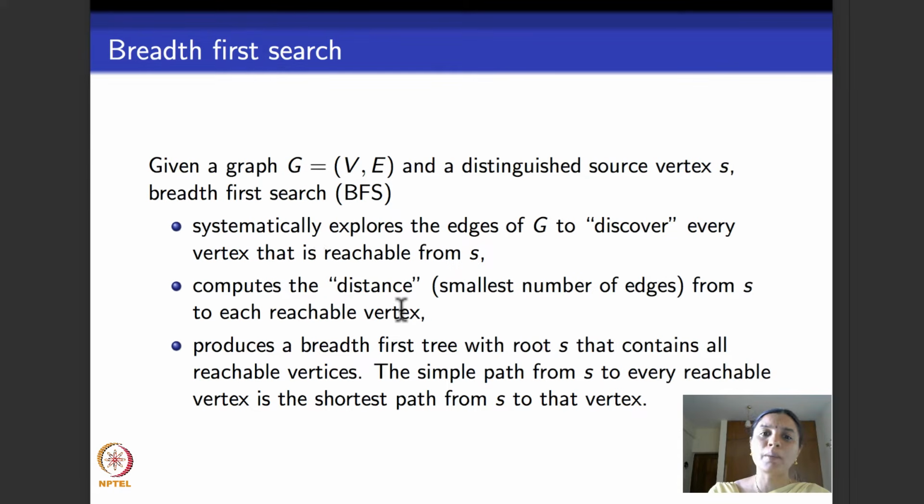Breadth first search also computes the distance. It so happens that breadth first search computes the smallest distance, or the shortest distance. We'll see what that is in a little while. Once you explore a graph using breadth first search, the result of that exploration is a tree containing the path from the source to all other vertices that are reachable from the source. Such a tree is called the breadth first tree. The breadth first search algorithm can be used to output the shortest distance of every vertex from the source. It can also be used to output the breadth first tree which contains the shortest path from the source to